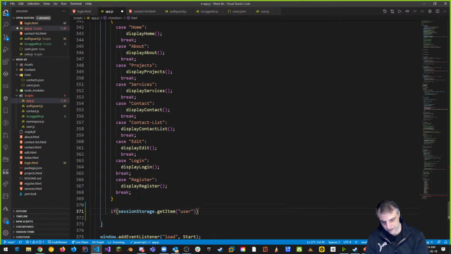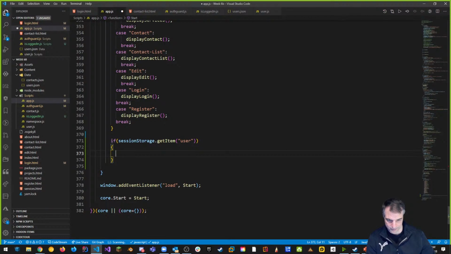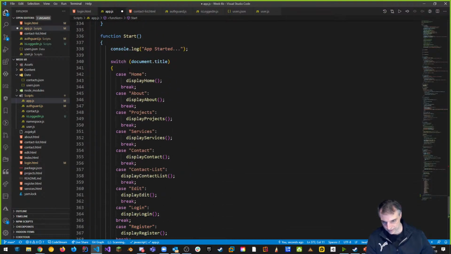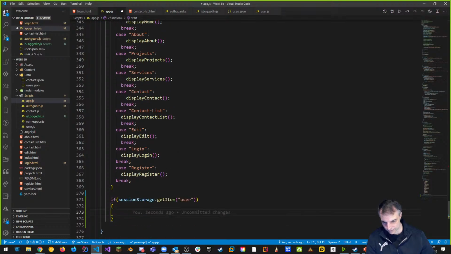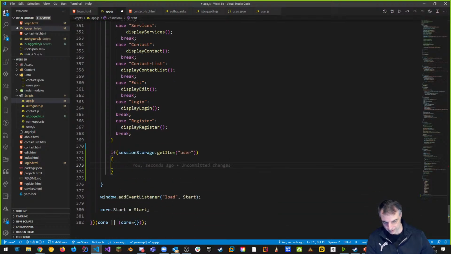So if I'm logged in, that's what this means. I already checked at the top, right? But this is for every page, not just the other pages, but every single page. All the pages is where this is going to go because this is in the switch case. Doesn't matter what document it is. For every page, if I'm already logged in,